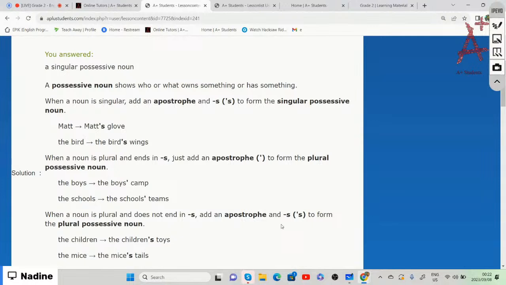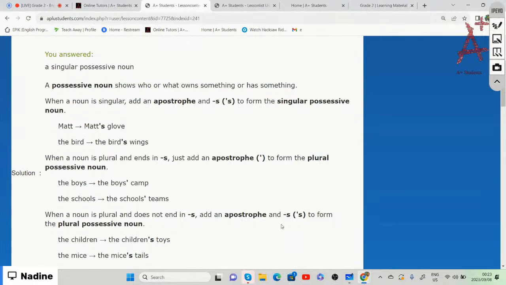We put the apostrophe at the end of that specific word. So if we write the plural form of that possessive noun, you write the word,